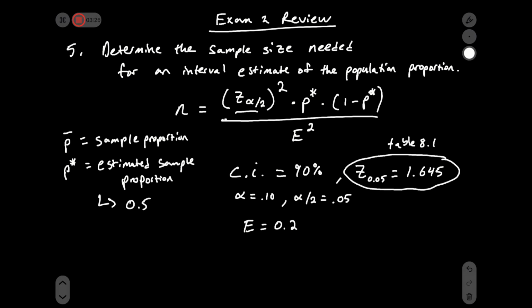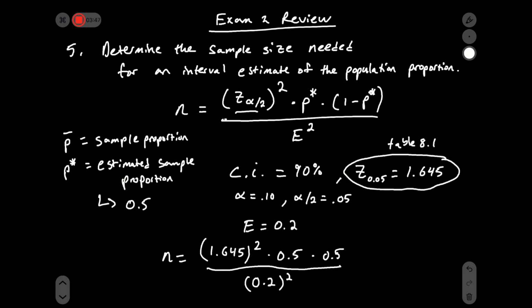So plugging in what we know, n is equal to 1.645 squared times 0.5, our estimated sample proportion, times 1 minus 0.5, another 0.5, divided by 0.2 squared. And this gives us a sample size of 1,691.27. But we can't survey a sample of 1,691.27 people,